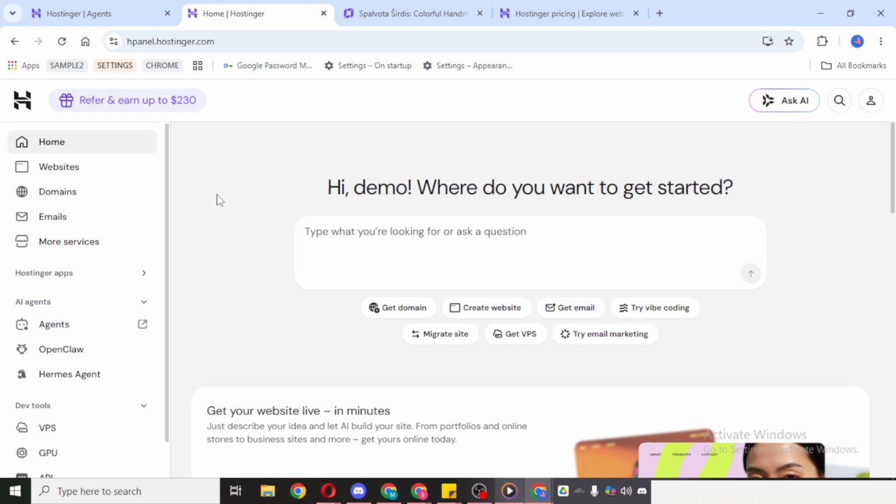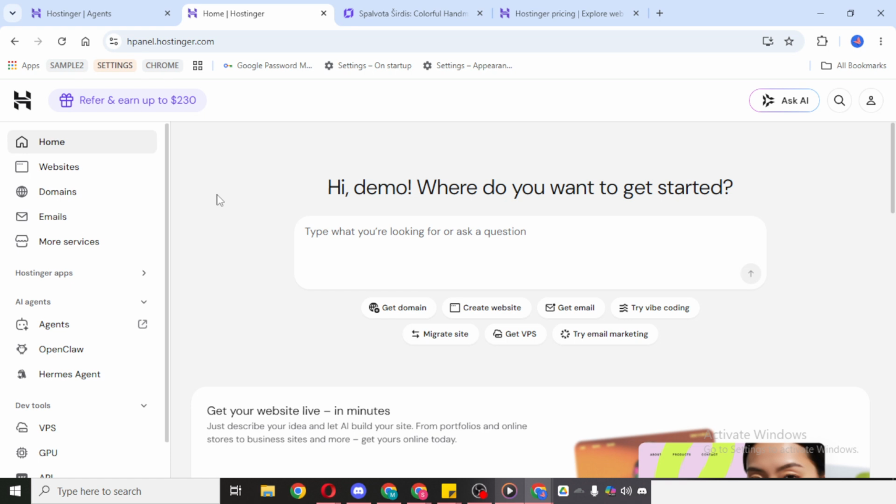In this walkthrough, I'll show you exactly where to click and what to look for, so you can do it confidently without missing anything. To begin, open your Hostinger account and sign into your dashboard. This is the main area where you manage your hosting, websites, and other settings. Once you're inside the account, take a moment to make sure you're in the correct project, especially if you manage more than one website. That can help you avoid publishing changes to the wrong site.